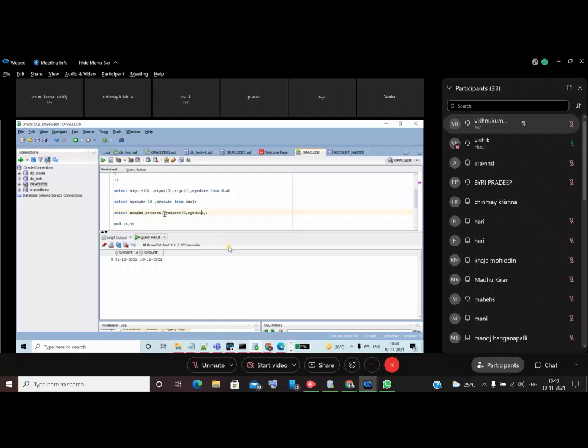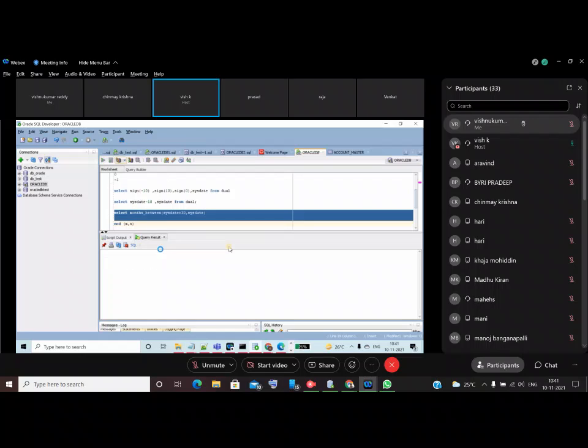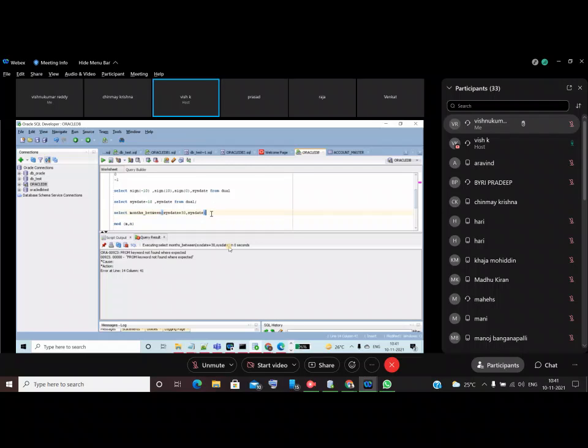This function accepts two arguments. So you give the highest date first and the lowest date next. It will display the difference between these dates in months. So it shows a 1 month difference.